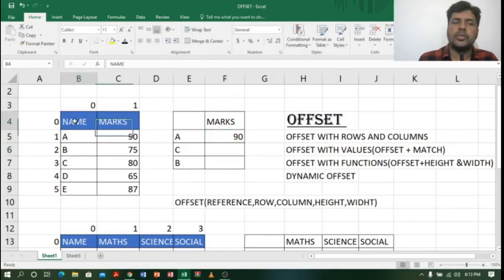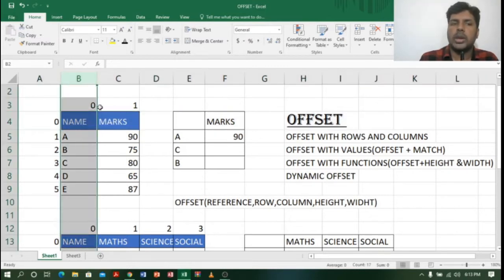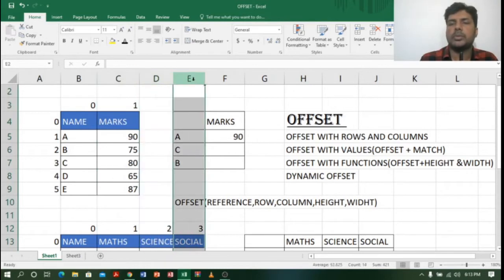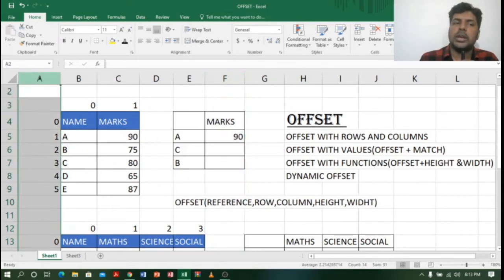When I take B4 as the reference, B4 automatically becomes 0 row and 0 column. Next to B4 is C4, which becomes the first column, D4 the second column, E4 the third column, F4 the fourth column. The same way, if I move to the left side, A4 will become -1.